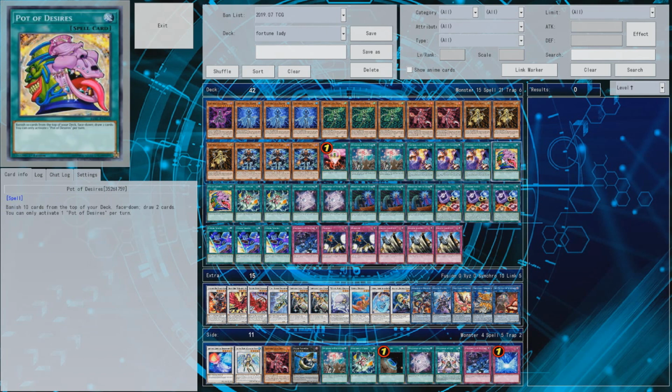Pot of Desires, just adding more draw power for the Go First deck. You could go for Extravagance, but Extravagance doesn't let you draw any other cards, and it's not as good, I feel. It doesn't work out that much. Yeah, Desires has a little bit of a drawback, but still having six cards in the starting hand, I think